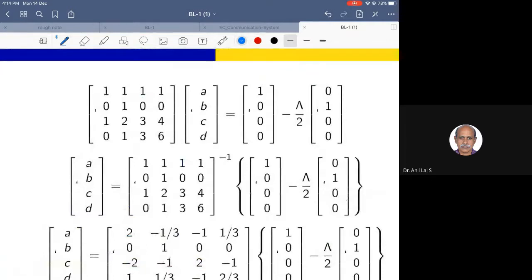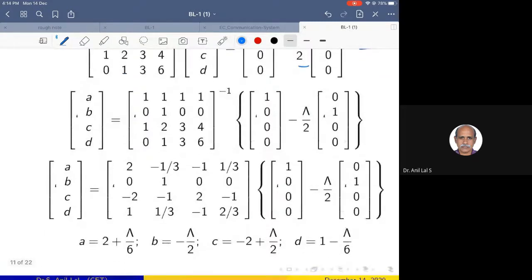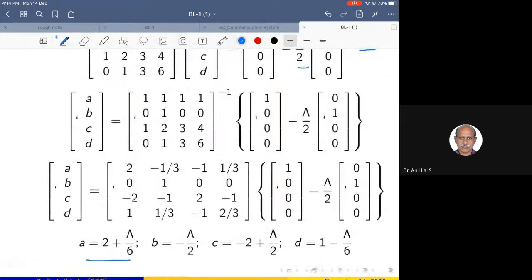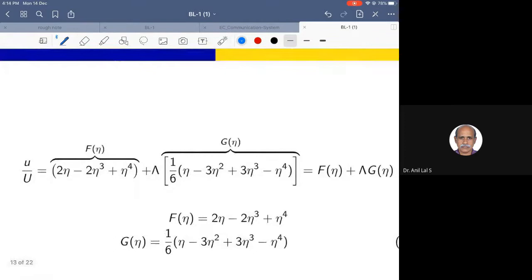So this is a plus b plus c plus d is equal to 1, and b is equal to minus lambda by 2. These things are arranged in the matrix form, and solving for a, b, c, d, we get a is equal to this, b is equal to this, c, d like that. So a has a constant part and a part that depends upon the pressure gradient parameter lambda. So writing that polynomial back in the form that is initially proposed, you get u by U